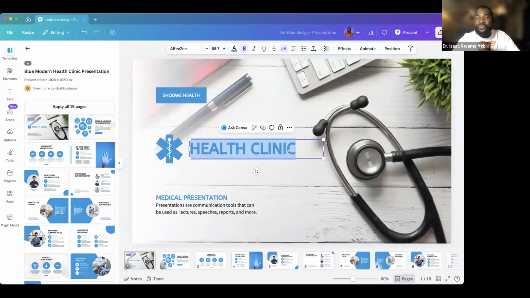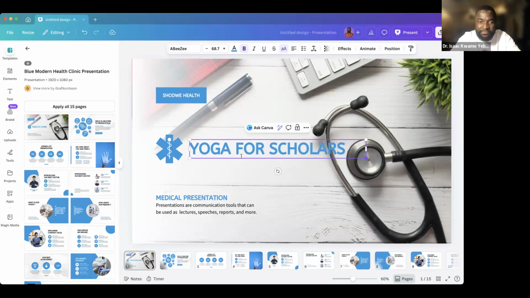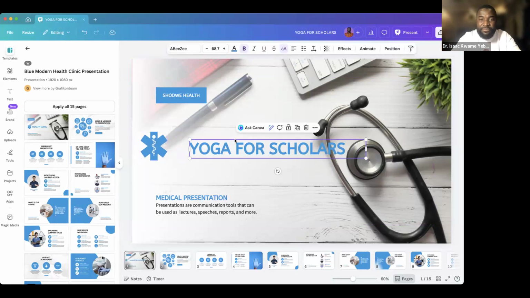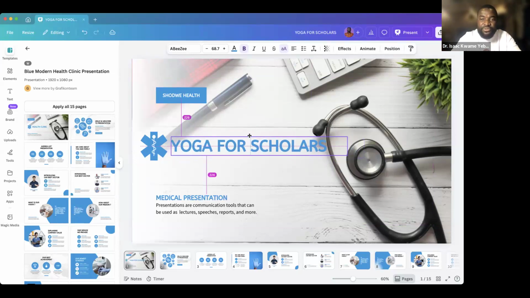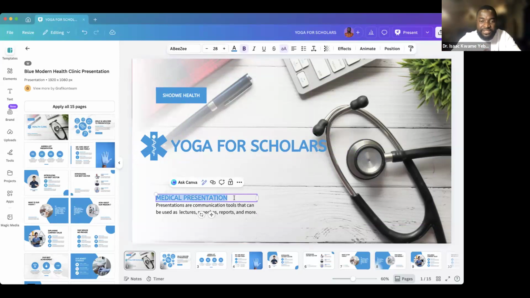So you are going to edit your PowerPoint presentation, and let's say the topic you've been given to present on is yoga. So you are going to edit your topic. So the topic is yoga, or yoga for scholars. Let's do it that way, for scholars. One thing about Canva is it gives you the privilege of editing, changing everything that you want to do. So Canva for scholars, let's say medical presentation by,